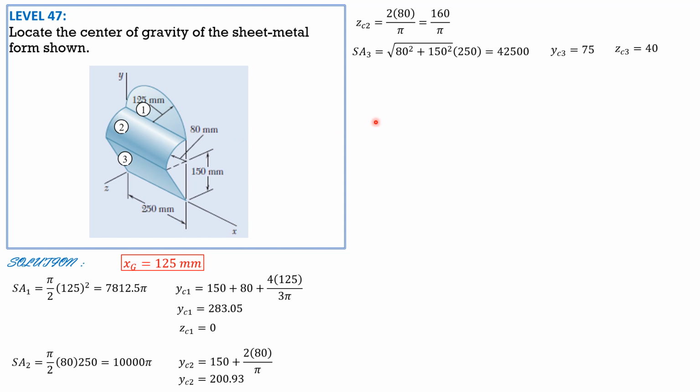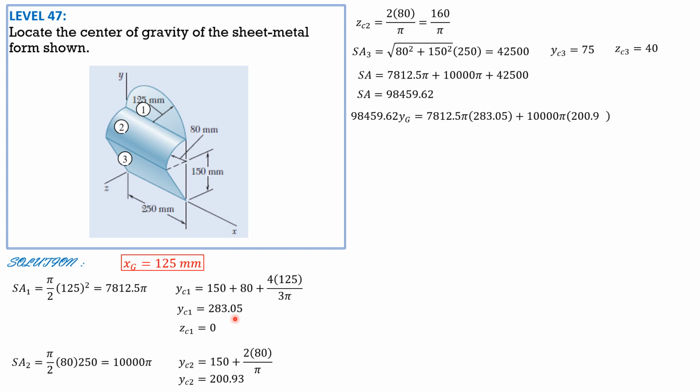So applying Varignon's theorem, but before that, total surface area is 7812.5 pi plus 10,000 pi plus 42,500. So it is equal to 98,459.62 millimeters square. By Varignon's theorem, 98,459.62 times y sub g is equal to 7812.5 pi times 283.05 plus 10,000 pi times 200.93 plus 42,500 times 75. So y sub g is equal to